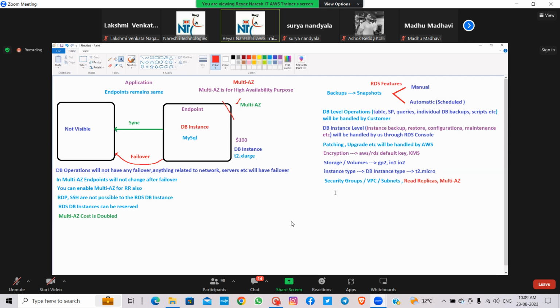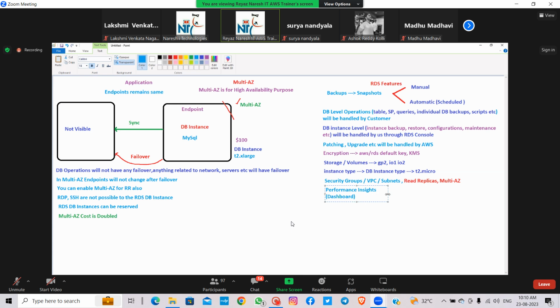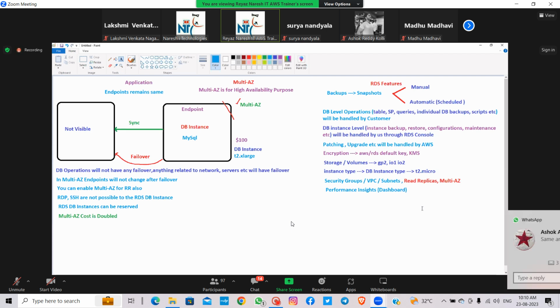Okay. Now, guys, for monitoring, RDS is giving a very nice tool called Performance Insights. It will give a nice dashboard, guys, showing how many connections, how many hosts are connecting to your database, how many applications got connected, what kind of queries are executing, how many queries, which query is idle, which query is running, which query is taking more memory.